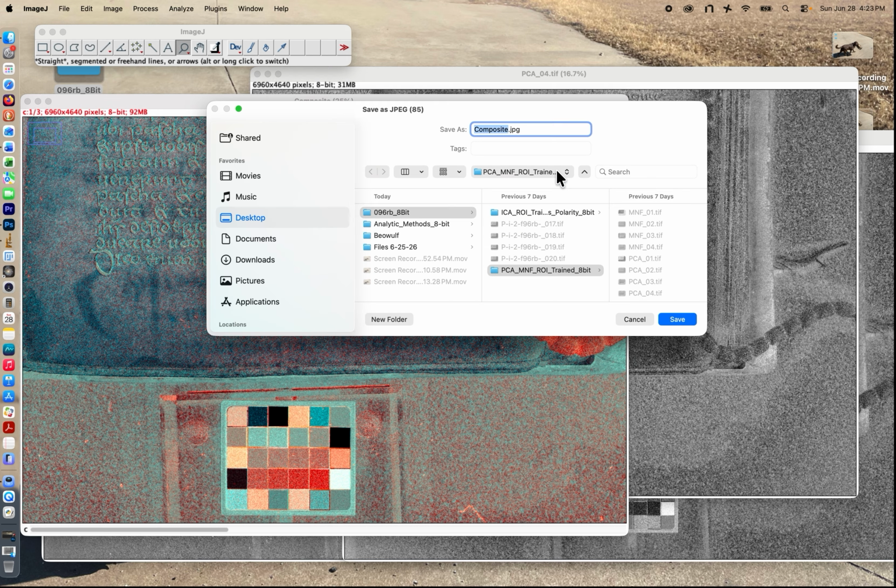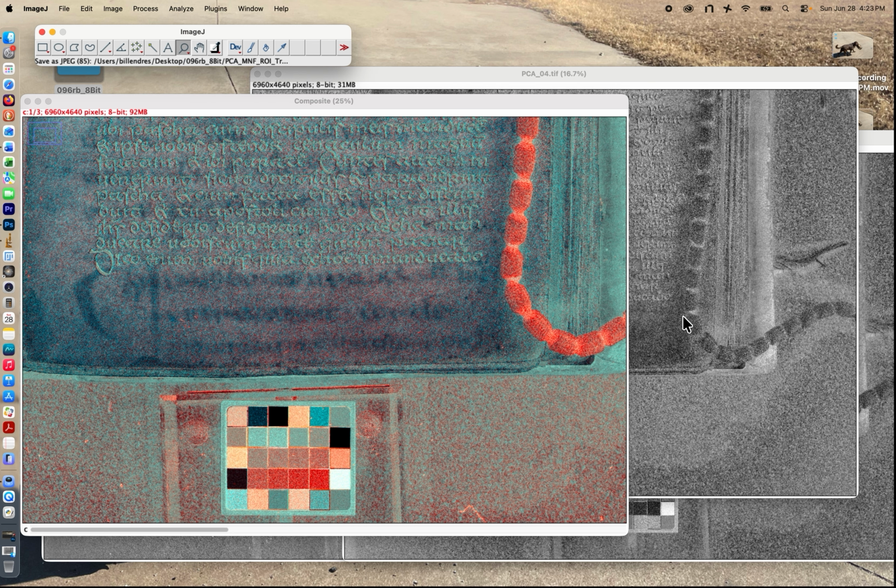In naming an image, I include information about the images used and their order. This way I know which images produced this result. Rarely does one pseudo-color image provide the best visual information for every letter, every word, every line. Normally you need to generate multiple pseudo-color images using different combinations of results to recover as much of the palimpsest